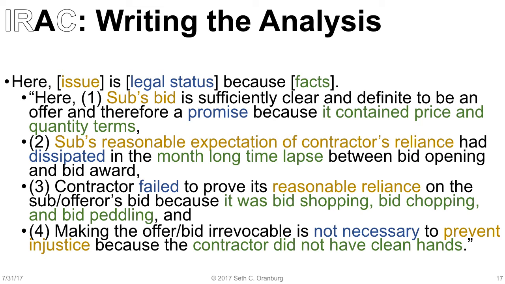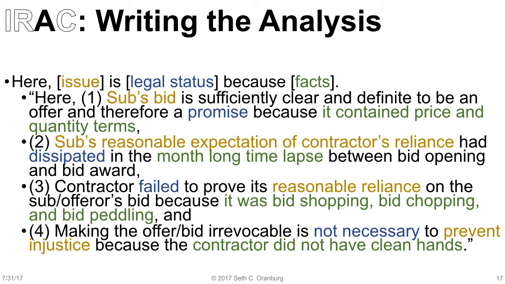Here, the sub's bid is sufficiently clear and definite to be an offer, and therefore a promise. Remember that the first rule was, do we actually have a promise? Well, here we do, because we had price and quantity terms. That's our reason for that. 2, the sub's reasonable expectation of contractor's reliance had dissipated,